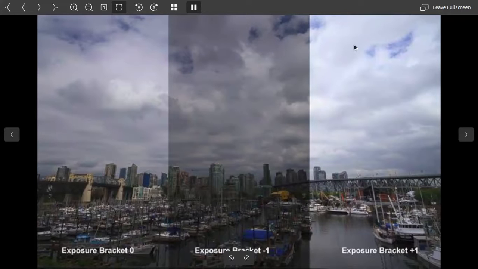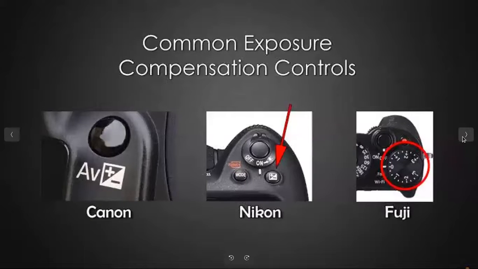So what is exposure compensation? It is for taking photos in challenging conditions. When you are applying positive exposure compensation, it is making the photo brighter, whereas if you are applying negative exposure compensation, it is making the photo darker. So what is the use? For camera users, you have a very easy option. There may be either a dedicated button or a graphical user interface. You can select the exposure compensation that you want, right?